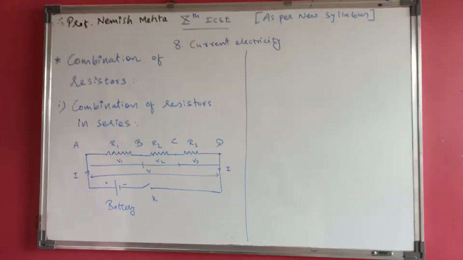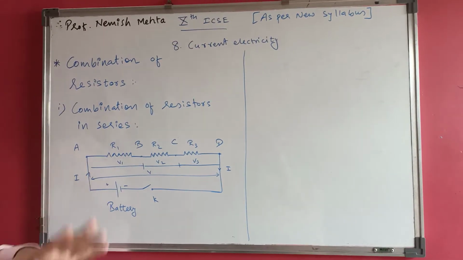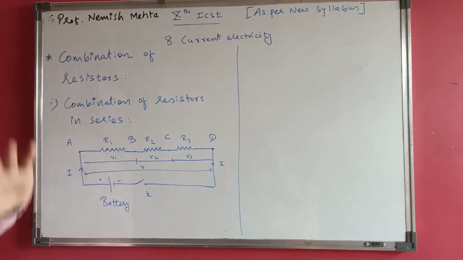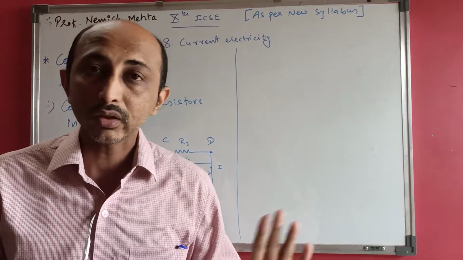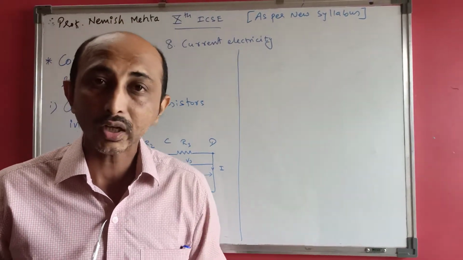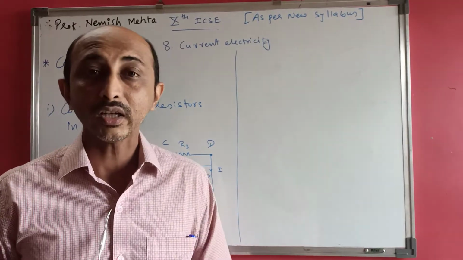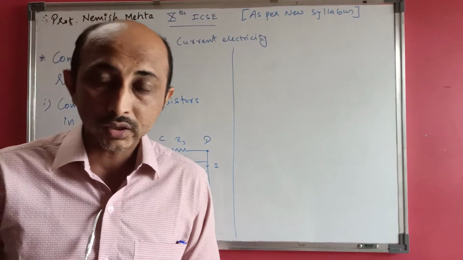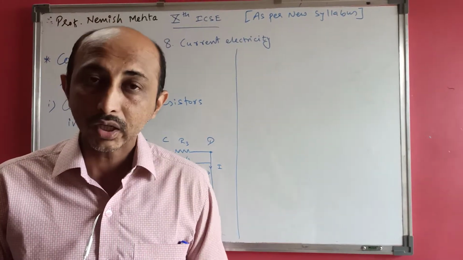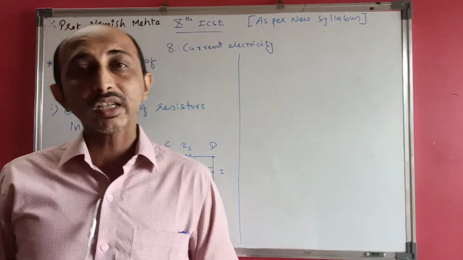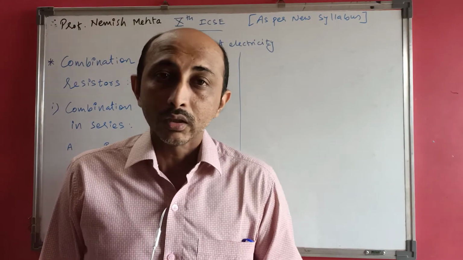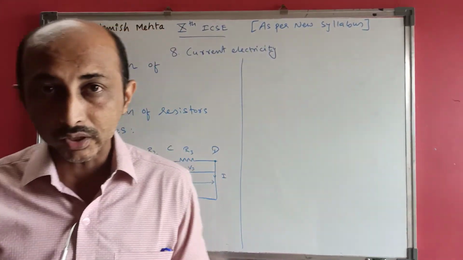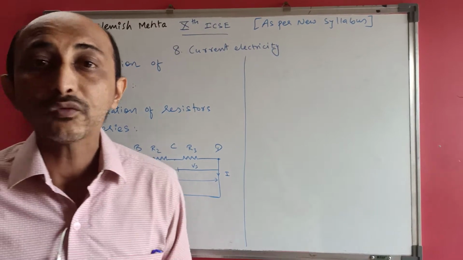So, we are continuing with chapter number 8, and this is the last topic of chapter number 8. Now, we are on to combination of resistors. In the last lecture, we have seen about internal resistance, how to find out internal resistance, and factors affecting internal resistance. Moving ahead with the combination of resistors, how the resistors can be used and in which combination. So basically there are two combinations. The first one is series combination and the second one is parallel combination, and how that can be found out.